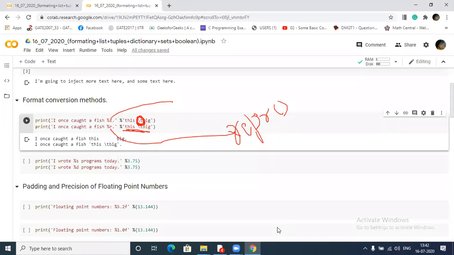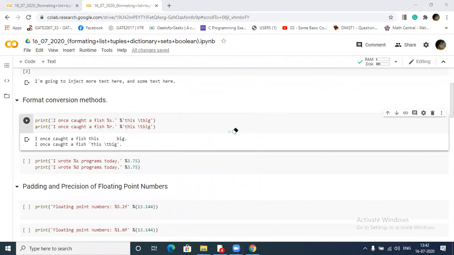Not clear. Okay, again I am explaining it. This percent s and this r act as a format specifier. It will tell Python how to print the string which I am passing here.